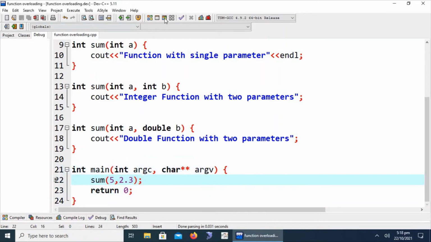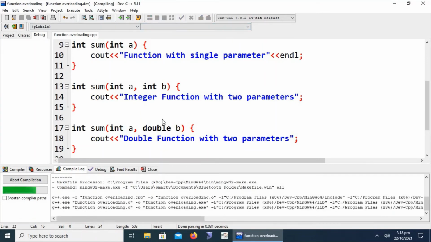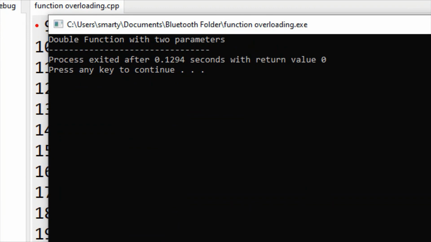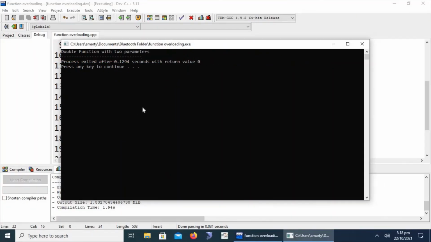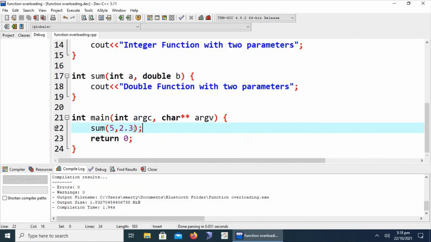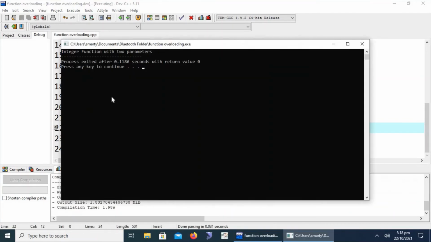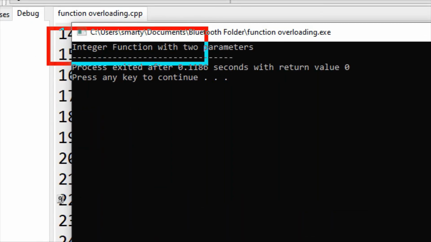So let's try to execute, compile and execute. Here we can clearly see that the function with the floating point parameter is called: double function with 2 parameters. If we remove the floating point from this function call, then what will happen? Compile and execute it again. We can clearly see: integer function with 2 parameters.